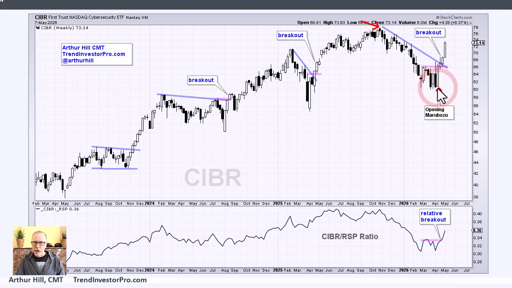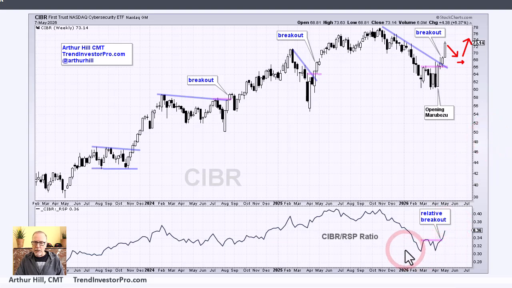So we can see here, we have this huge move up and we hit resistance and then we followed through, and that's important. We got follow through after this opening Marubozu, and this is basically an outsized advance. It's a big advance that's like a rocket lifting off. We got follow through here with a breakout, and we're up again this week. So there's a breakout working in cybersecurity. It may be short-term overbought. If we look here, broken resistance going to turn into support. So maybe if you get a throwback to that 68 area, that might give another chance to partake in the